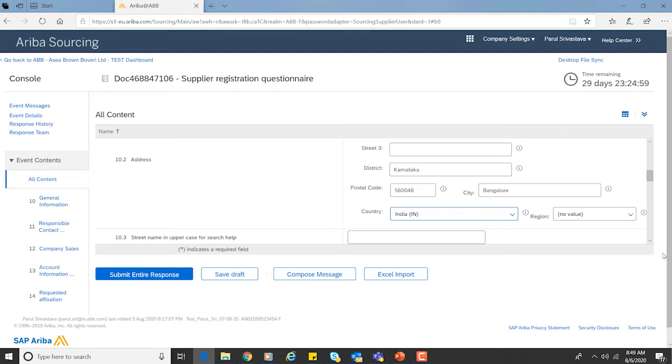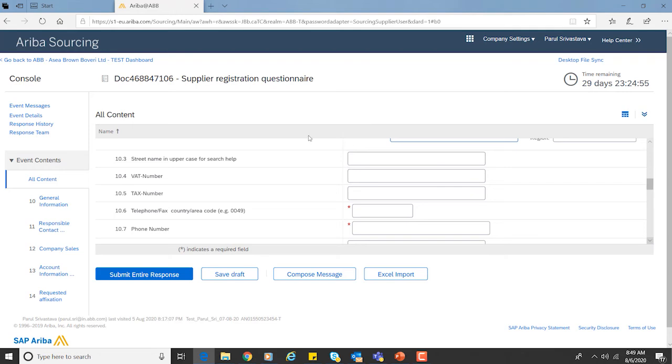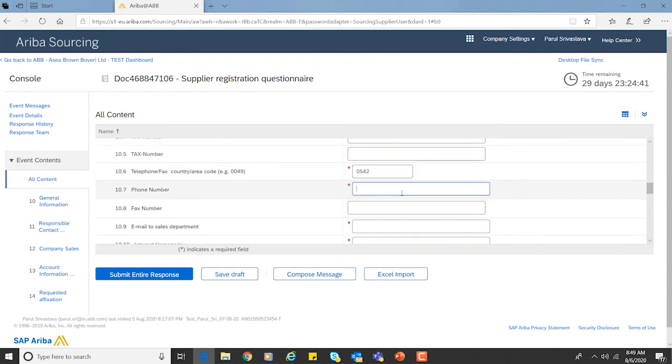Okay, then let's go down. See all this information, whatever relevant information you can provide, but the mandatory field next is the telephone number. Just give some telephone number of yours. Then the phone number, this is a required field, we should give it.